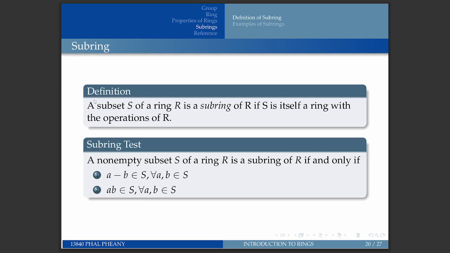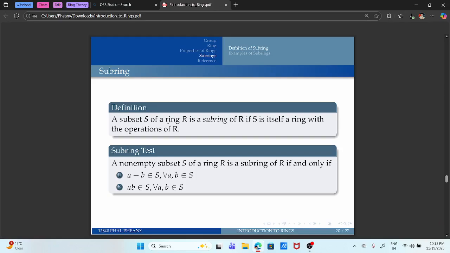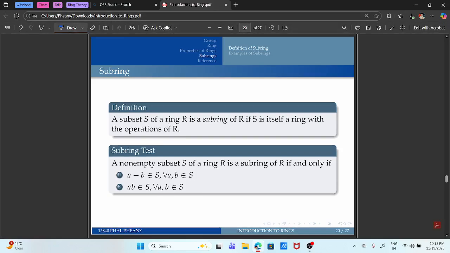The first is the definition of a subring. It is an easy way to remember: the group has a subgroup, and the ring has a subring, similarly. Suppose we have a subset S of a ring O. S is said to be a subring of O if S is itself a ring with the operations of O. In here, I can write: S is said to be a subring of O if